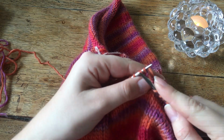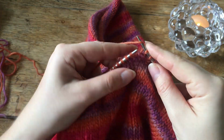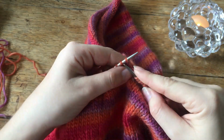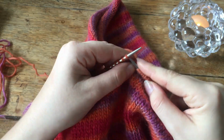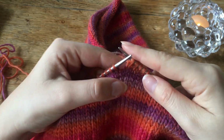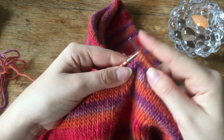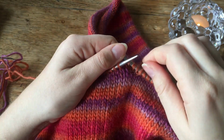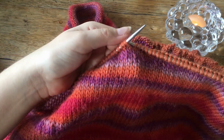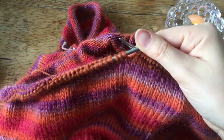So we're gonna do the same as when we did in the beginning. So I'm just going to yarn over and knit the next stitch, just like this. So I'm just gonna do this in this entire round until I have done it 14 times. Just like that. Just go ahead and finish this round, and in the next round we're going to knit our